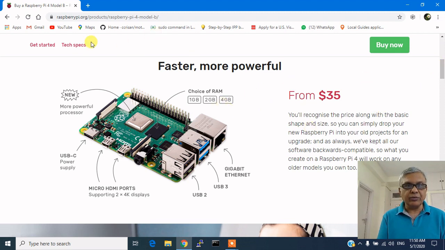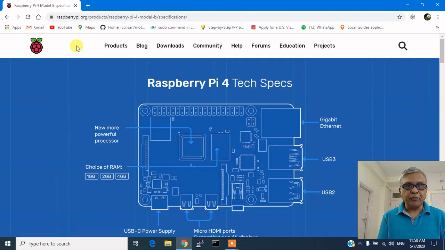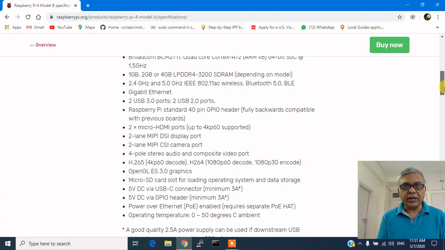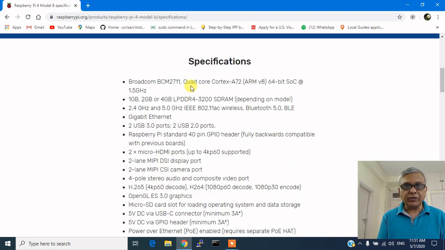If you want technical specifications, you can see here the schematic diagram photograph is there, and below that you see the specification is given, it is using the quad core Cortex A72 64-bit SoC 1.5 gigahertz, and then you have all these details you can go through.